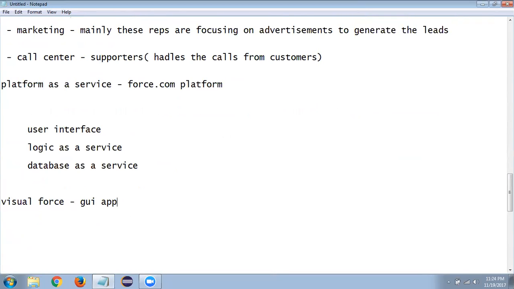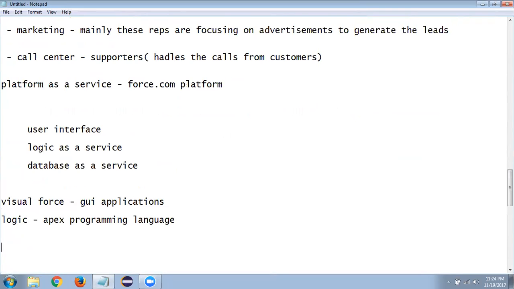Using this, we can develop GUI applications. We can develop the code also, the actual logic, by using one programming language, that is the Apex programming language. These are all the things you need to be aware of. So this is all about platform as a service.